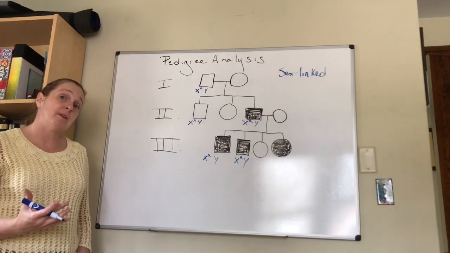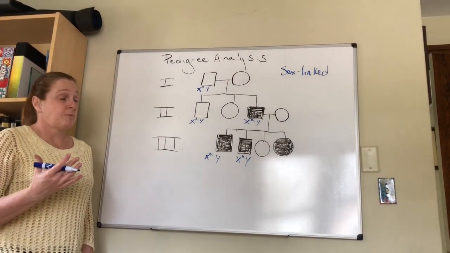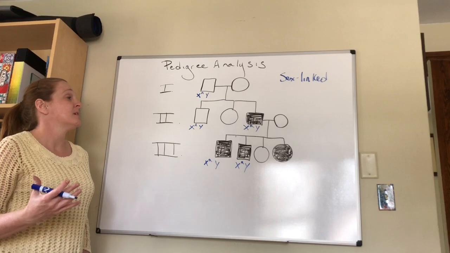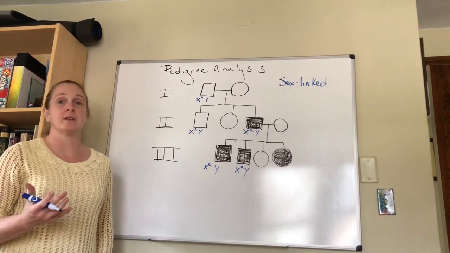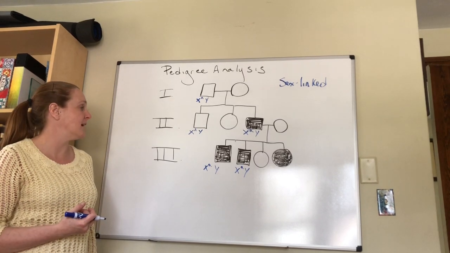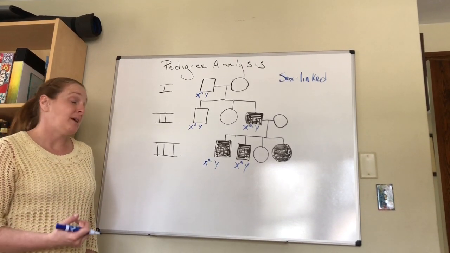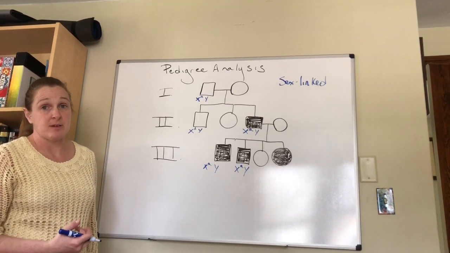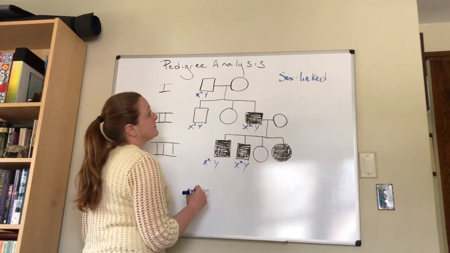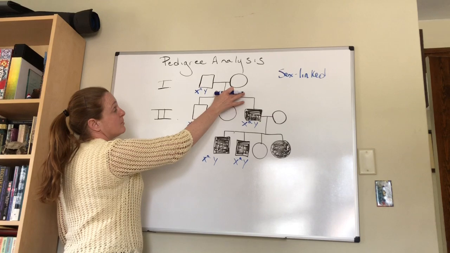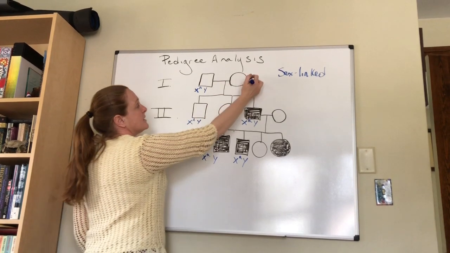Now, one question I want to ask myself when I'm trying to prove this to myself with Punnett squares is how did these males get that X chromosome with the recessive gene, that lowercase a. Remember that males only get their X chromosome from their mothers. So I'm really going to be focusing in on the female lineage here. I want to start up here with generation 1. This female,